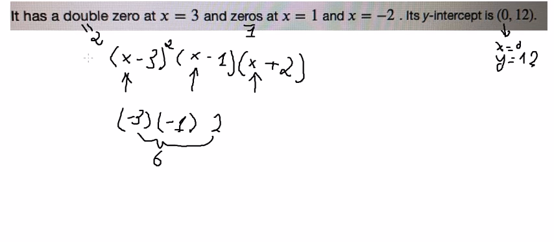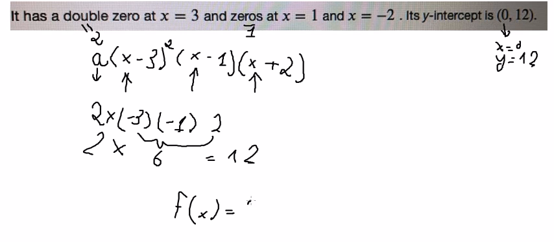So that means we need to multiply by another a in here, and a should be 2. So you got 2 times 6, you got 12. And now the function we need to find, that should be f of x